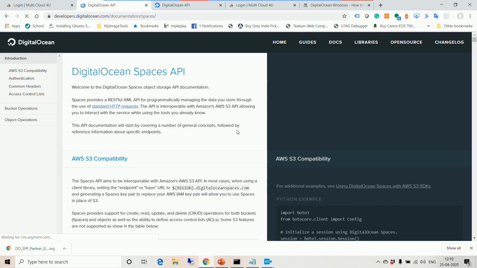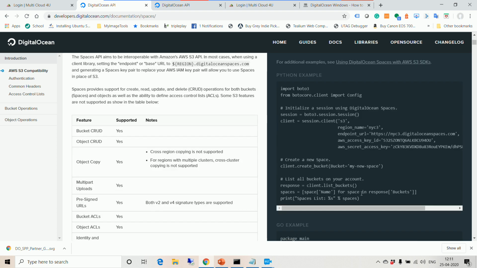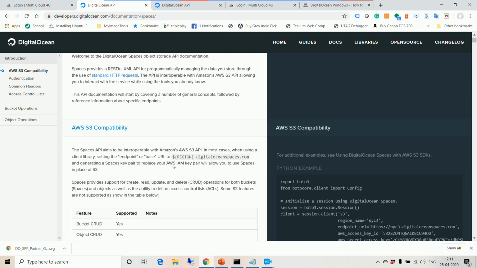Let's say you are working on a multi-cloud platform, and you have all your data hosted in AWS S3. You don't have to write code to directly access the data on your DigitalOcean platform through the AWS S3 API. You can create a Spaces API. It will give you a key, and then you can directly play with the Spaces API to connect to your AWS S3 containers. So that's the beauty of it.